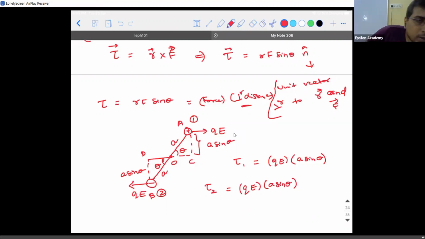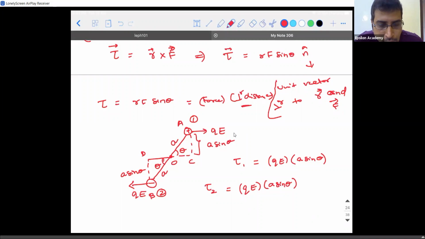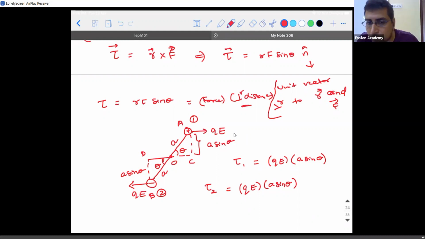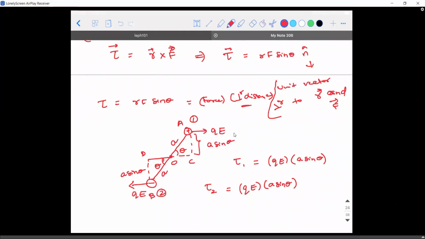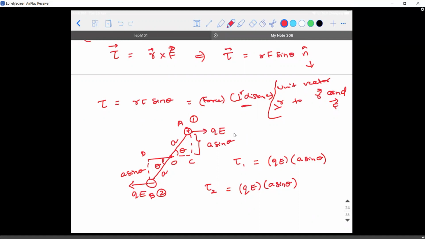Force was also equal in terms of magnitude, and they got cancelled out. Will the same happen with torque? No, sir. Why? That's what we need to answer. Force was also applied at different points, but it came out to be zero. Why not here? If the torque is zero, will the object move or not, sir? It won't, right? That I don't know. That's what I'm trying to find. I don't know what is going to happen. All the theory that I know, I'm applying it here. That's it.